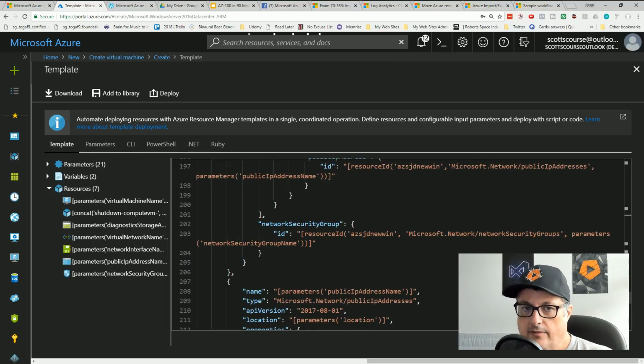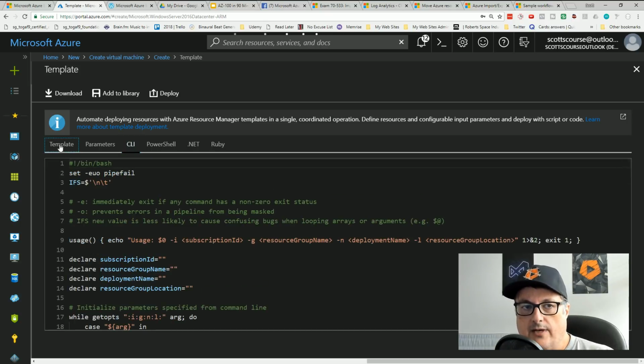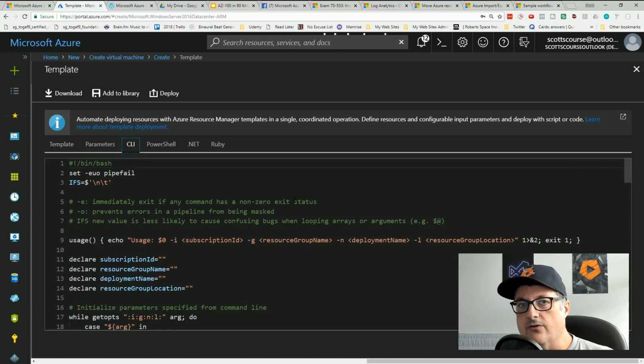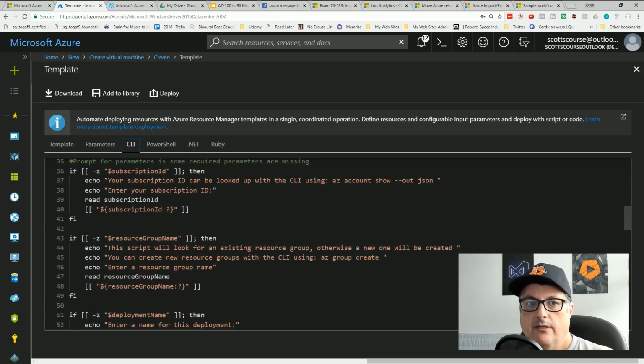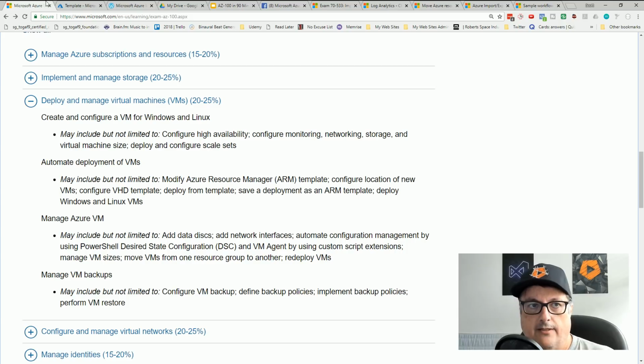being able to read one without it being all gobbledygook. And then instead of using the portal, why not use CLI to create these resources using templates? Or why not use CLI to create resources with az vm create with the parameters? Just do the scripting directly as well. Okay, so scripting is huge when it comes to the 533 exam, and I assume it's going to be very similar when it comes to here.